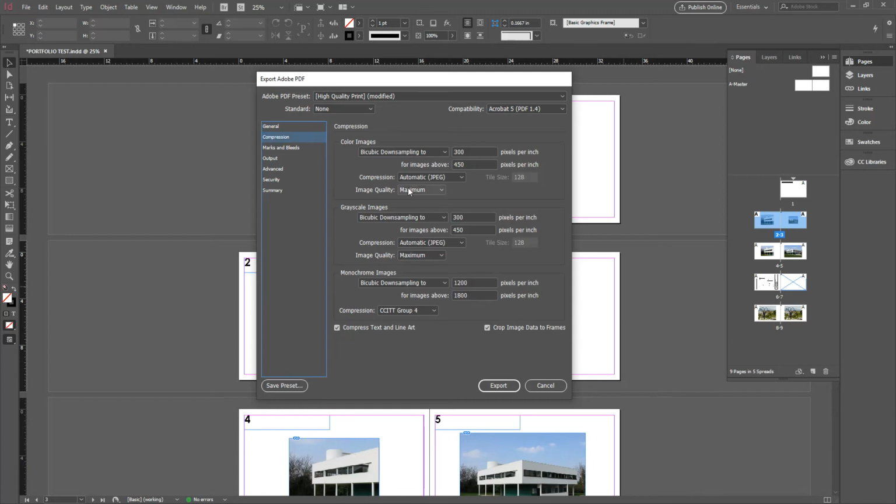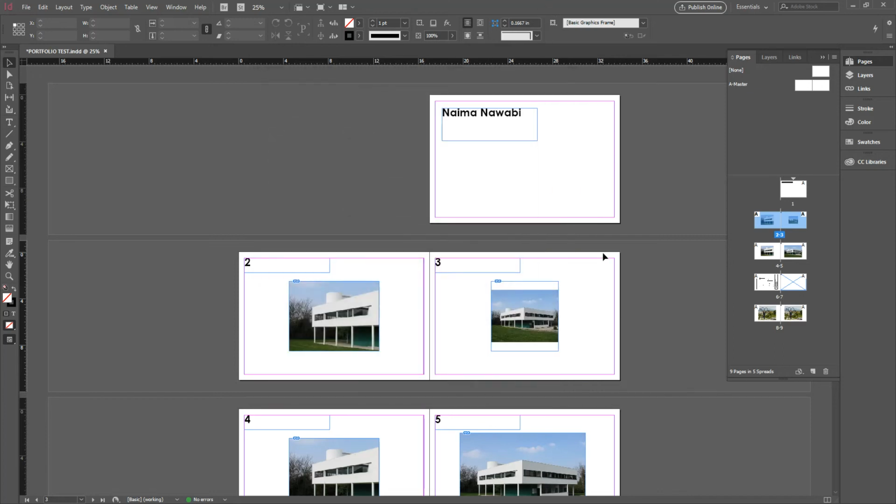And then under compression, just a quick check to make sure it's maximum. Typically, once you change it once, it'll always save that setting in the future. And I wanted to point it out, you know, I don't even know how this happens, but you press one thing or your kids or your cat, whatever, messes around on your keyboard and changes a setting. So in case you start getting PDF documents where the images look pixelated when you know they're high quality, check here, okay? And now, when I click on export,